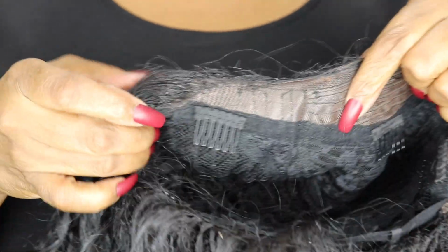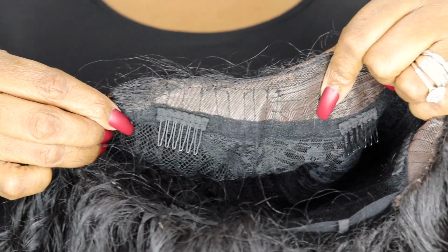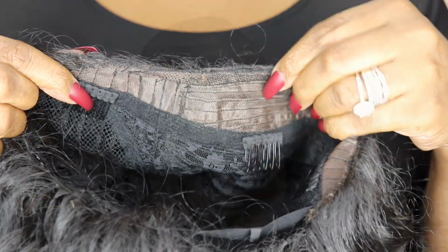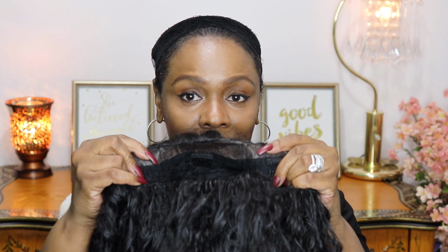Okay guys, so I'm done. That took about 12 minutes for me to do, and as you can see, it's nice and flat. It's not bulky. Keep your stitches short. It won't be bulky. So now I'm just going to show you it again very quickly, nice and neatly sewn. And now I'm going to put it on and show you how I blend my own natural hair